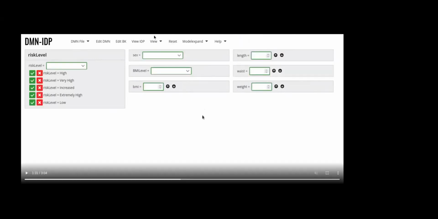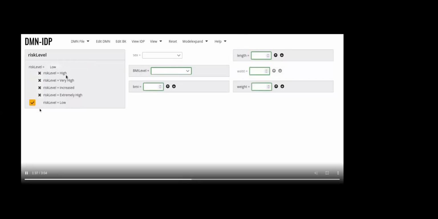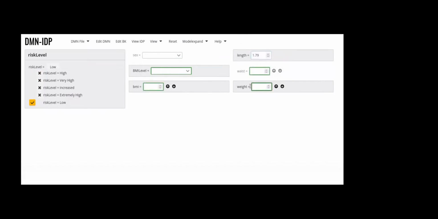And all the other variables, you might have noticed that it told me that my sex was female, and it probably found something for risk level as well. It just filled in randomly because we aren't actually interested in that. So IDP just gives us something random there. But of course, we can go further. We can say, okay, I want a risk level of low, and it can immediately tell us that sex and waist will be irrelevant, as you can see. It grays out the fields, by which we already know we don't need to enter any information here, because any information that we do enter here will just be irrelevant. It will be lost in the ether of the universe.